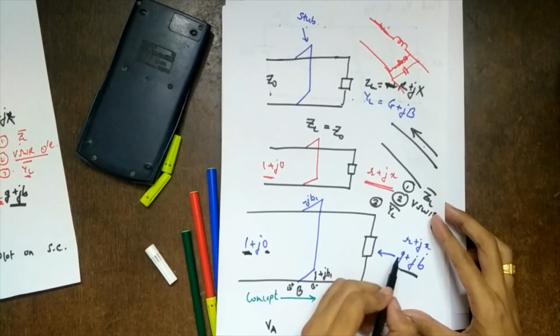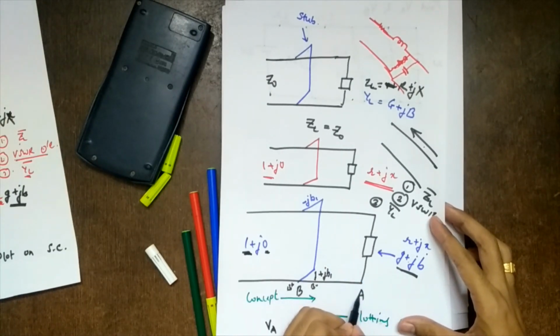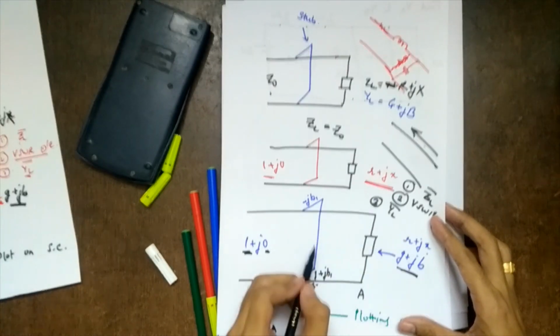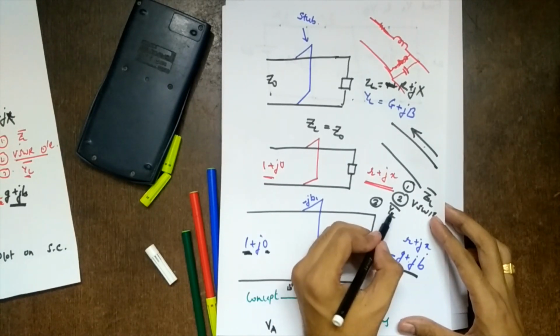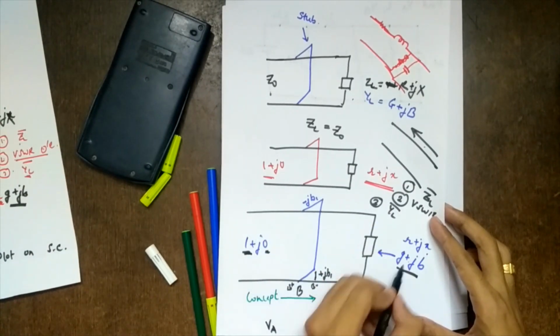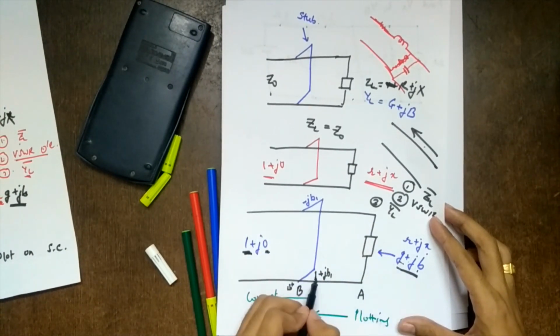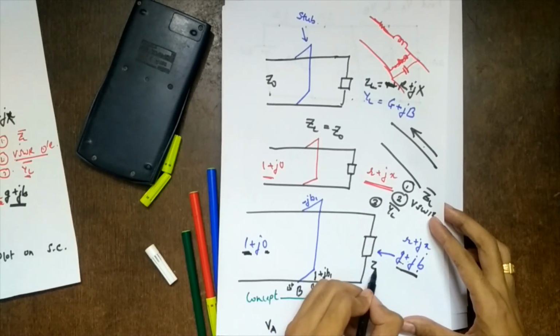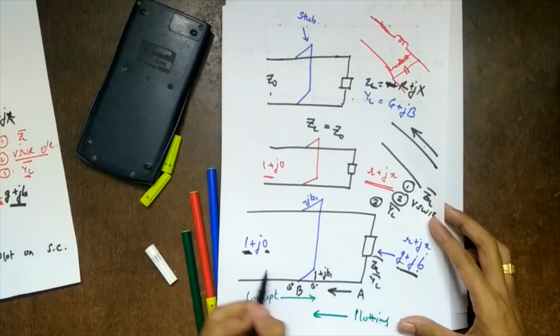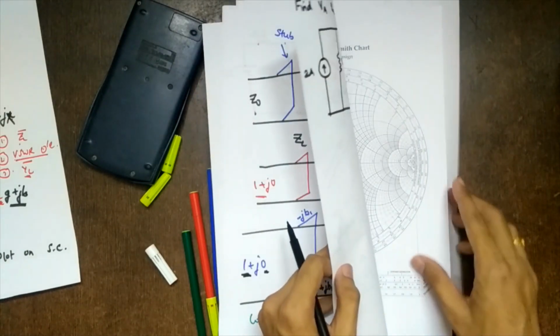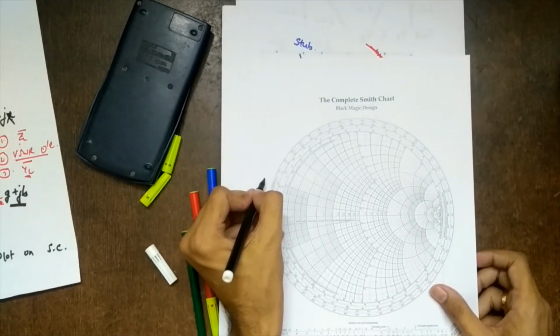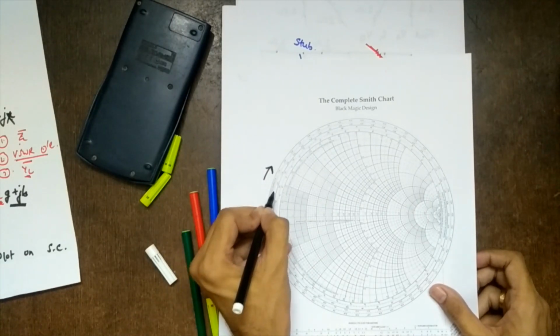Why do you have to move on the VSWR circle? Where are you? You are at point A, which is YL bar. So what you have to do is make YL bar 1 plus jB1, that is G plus jB. You have to make 1 plus jB1. And you are moving where? Away from the load. This is the load, right? ZL bar or YL bar admittance. So you are moving away from the load, which means you are moving towards the generator. So in which direction do you have to move? Clockwise. It is written here, wavelength towards generator.